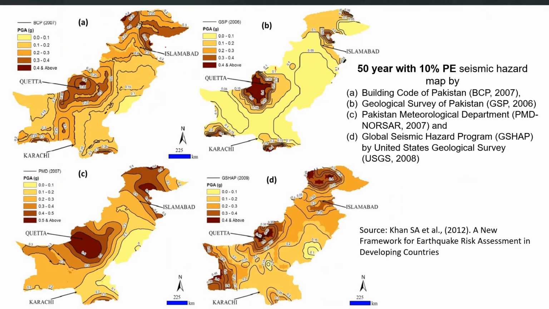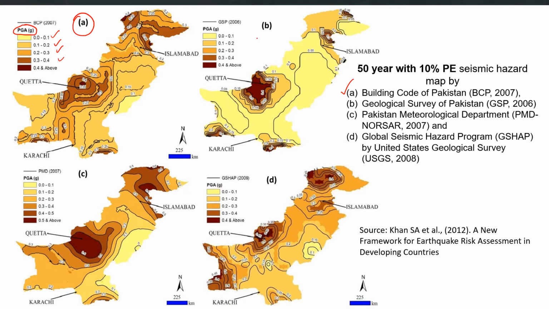So this example is the seismic hazard maps for Pakistan, which are developed by different studies. Figure A is the one which is currently in the building code of Pakistan. You can see here the color contours, they are indicating the values of peak ground acceleration, and the definition here is 10% probability of exceedance in 50 years. So these numbers correspond to this definition. So you can identify which areas have more seismic hazard, where the future ground shaking will be more, and this is the output or result from the seismic hazard analysis of Pakistan.